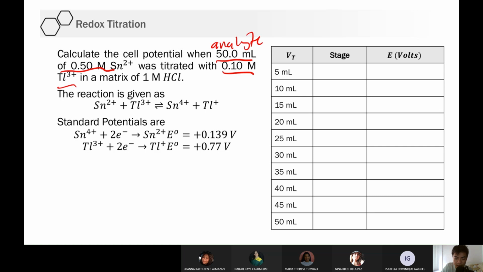And this is the titrant. You solve for the VTEP. The VTEP for this one is 25 ml. Okay. So this all are pre and this all are post. Okay. So ganun. And you apply the necessary equation. Okay. Yung pag nagsosolve kayo ng Q, yung solving for Q ay nasa table na rin na binigay ko earlier.